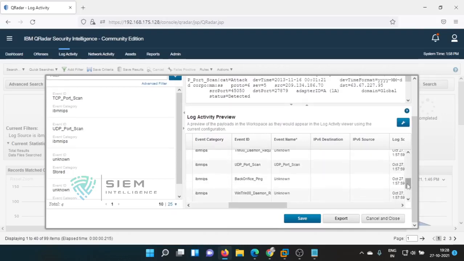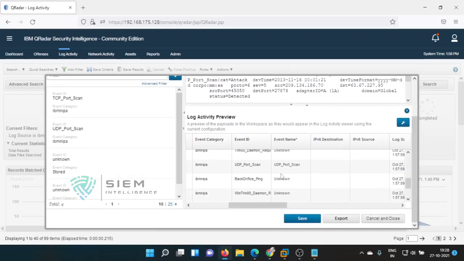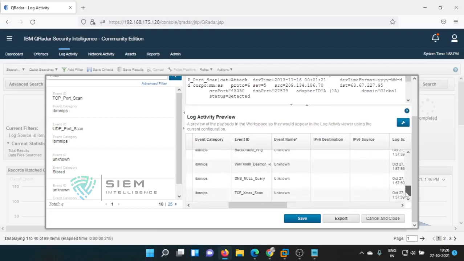So like that, suppose your events have 2000 different kinds of similar events. There may be UDP, there may be a firewall denied, there may be a firewall permit, there are so many events occurring in your firewall. You can say this NIPS. So for each and everything, if you are creating a DSM, you have to map. Now here there are only some of the things, something like 1, 2, 3, 4, 5, 6. But in real-time conditions, there would be thousands. So for that you need to set up each and everything. There is no other option for you.